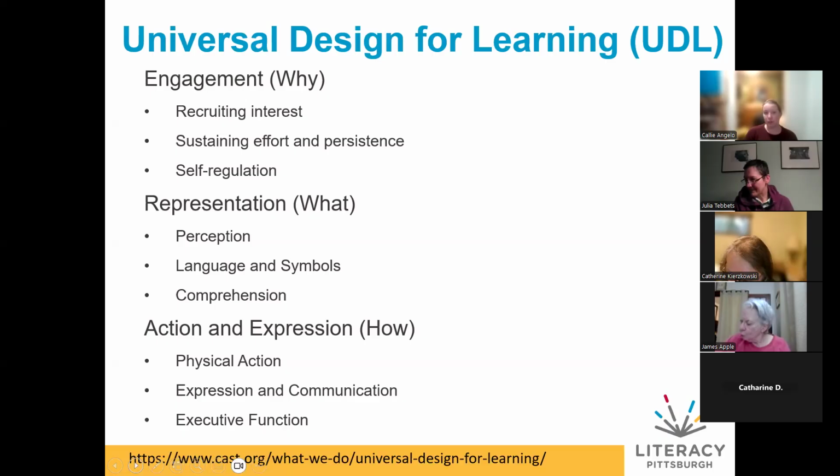The second part is representation. This is likely what you think of when you think of teaching. It's how are we engaging with the material? I know it's the what part, but it's how we're engaging with the material, what we're presenting, what ways can we perceive the material? This is where you're going to find things like the learning styles coming into play. This is also where we may find issues with comprehension coming up, among other things.